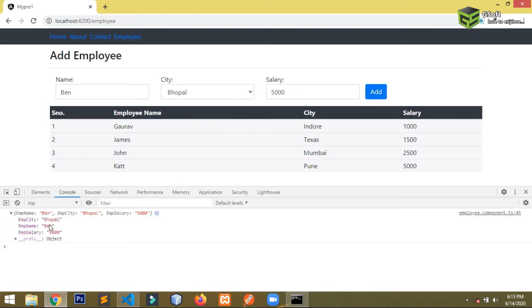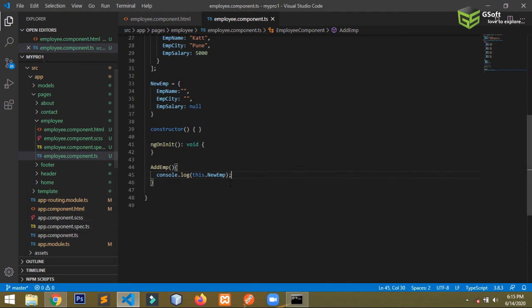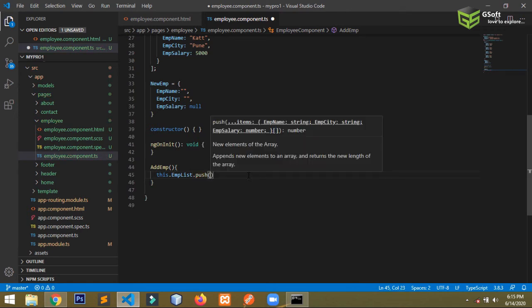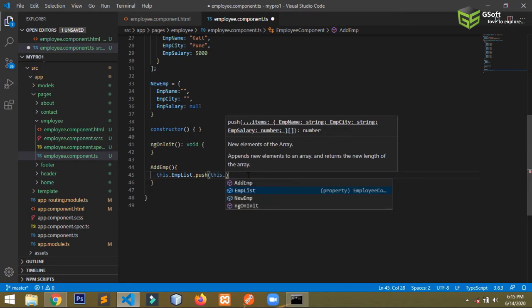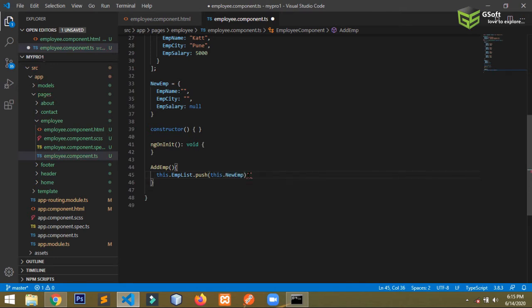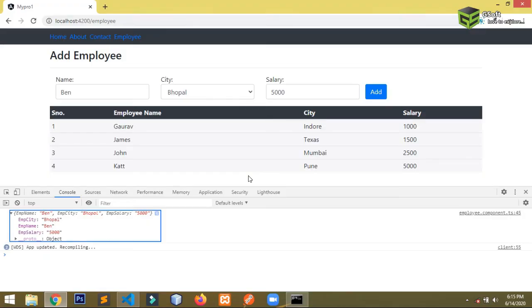So in the same way, now what I will do here is, instead of console, I will push this data inside the employeeList.push, and here I will write this.newEmp. Okay guys, so let's see.